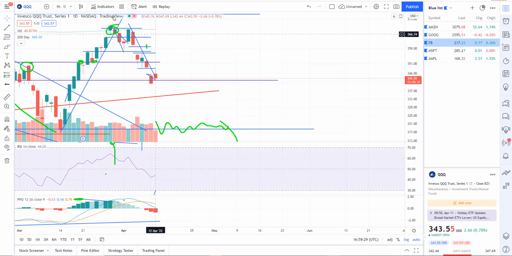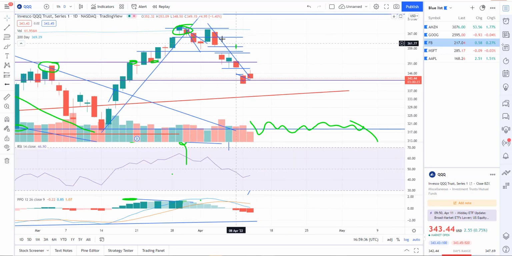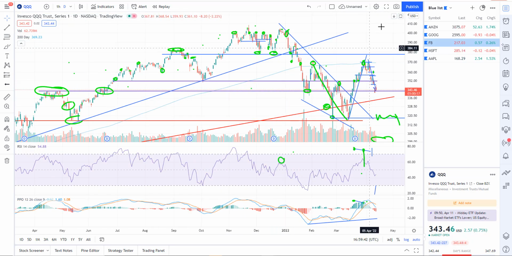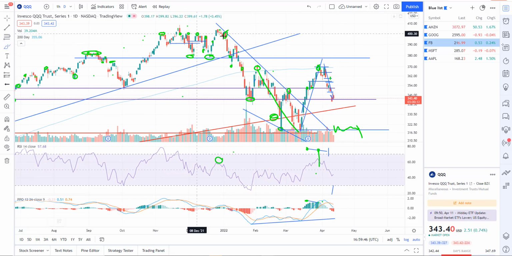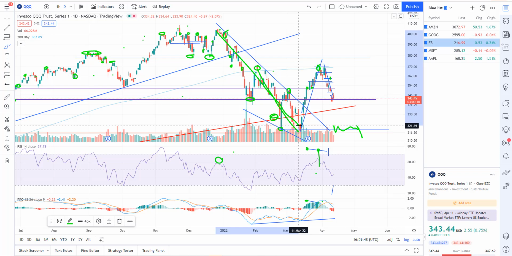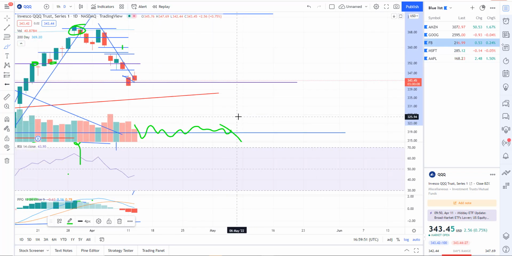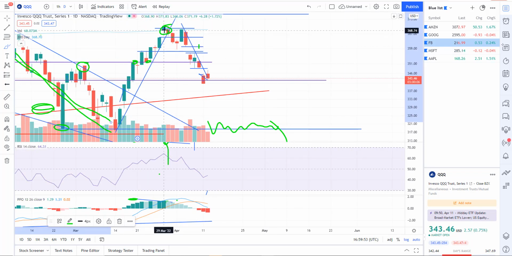All right, triple Q's, tech stock. So really, we'll just start out with the bigger picture, looking at the daily chart. I know my chart looks like a big mess, but that's because we're analyzing these charts in real time as it goes along. Bigger picture, though, as far as I can tell, we've got a downtrend. We are continuing to move lower. Here's our first big leg lower. We had the counter trend bounce. If you followed my channel, I talked about getting short again on March 29th. This is where I shorted at, and it's been down ever since.